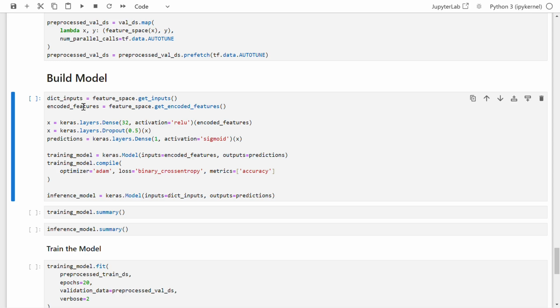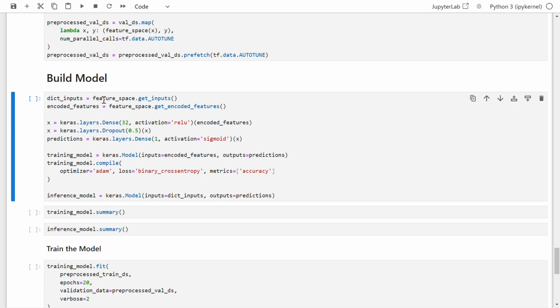And finally I am creating another dense layer with one neuron, and here I am using sigmoid activation function because the model classifies either the heart is diseased or not. So I am giving the output of the dropout layer to this dense layer